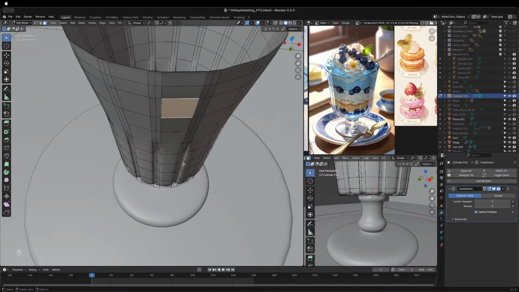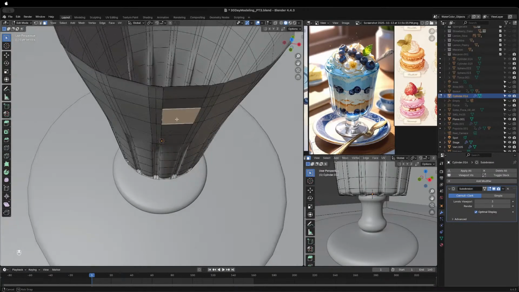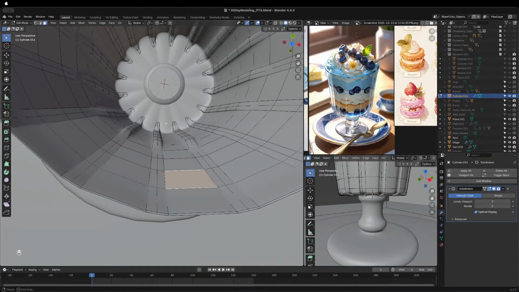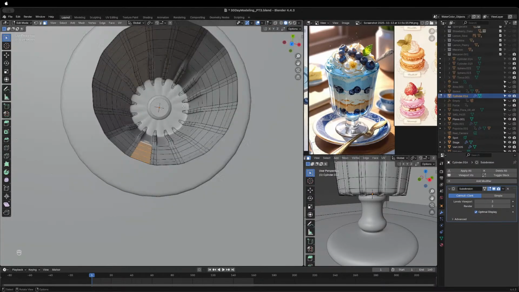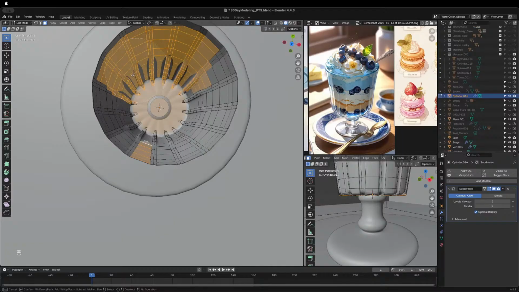Alright, what are we gonna do to solidify this, because there's no way I can select. I could press C, I guess, and just select everything on the inside. Alright, that's what we'll do. So I'm just gonna select